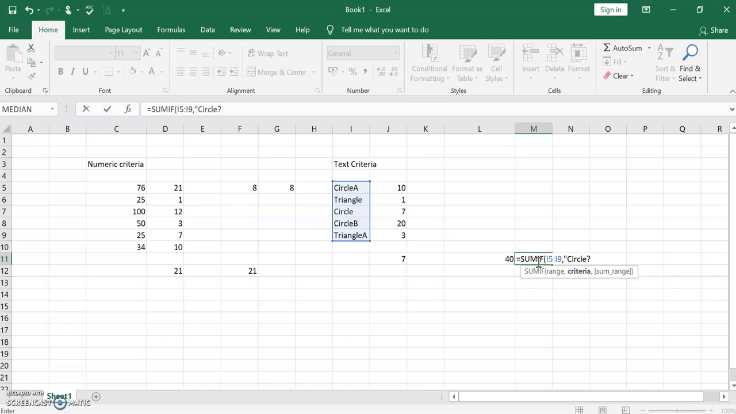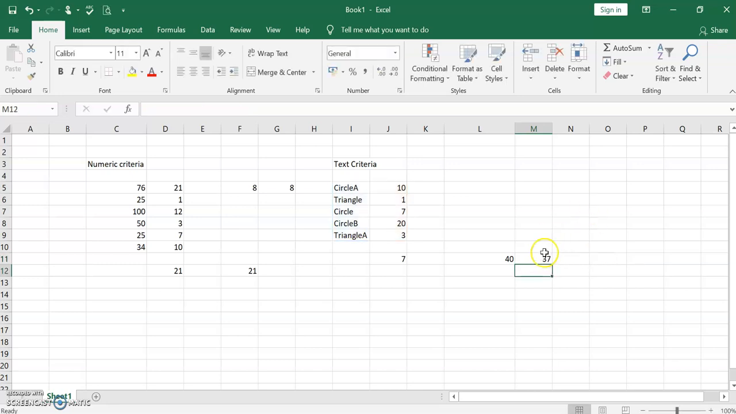So what does the question mark mean? Question mark means the criteria circle with another character additionally. So only that summation you have to take, and the numbers that you have to take are from J5 till J9. So I'm just giving this formula. So you see 37, I got 37. So how did the value 37 come? It has taken the values of